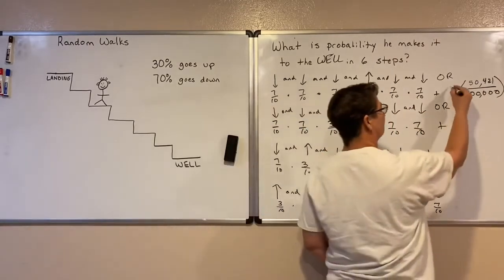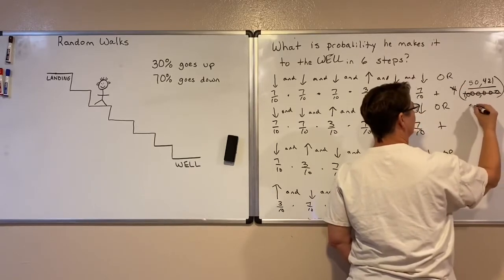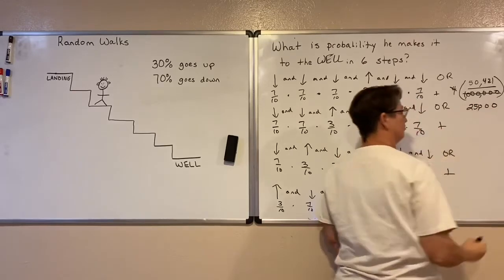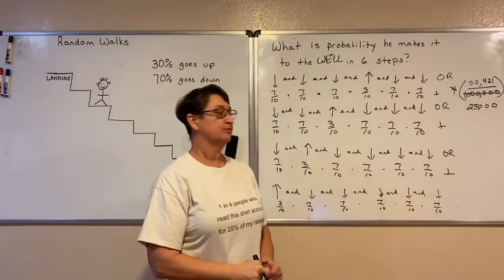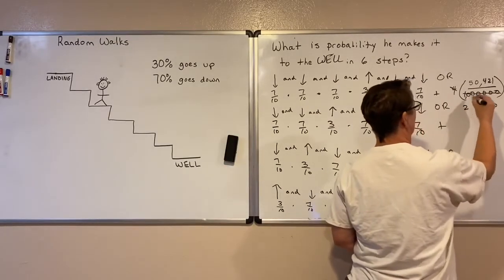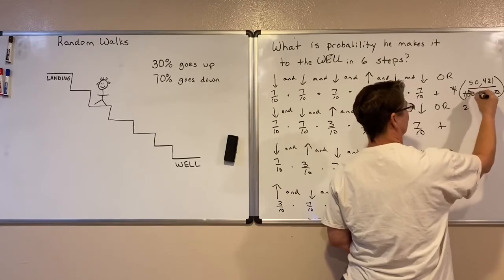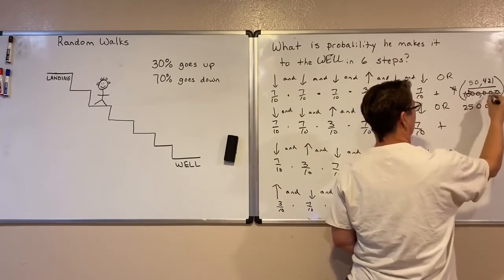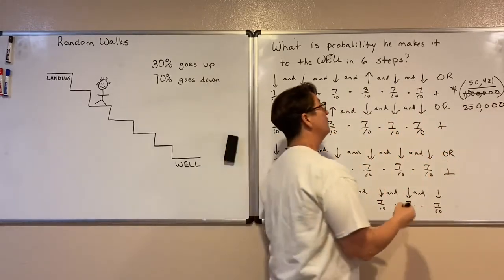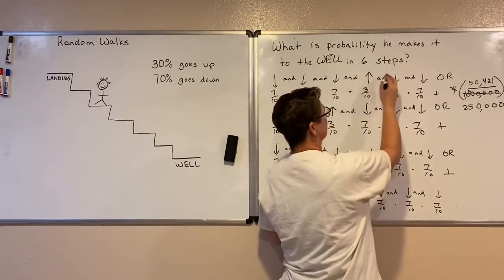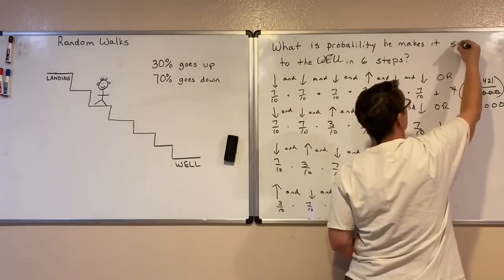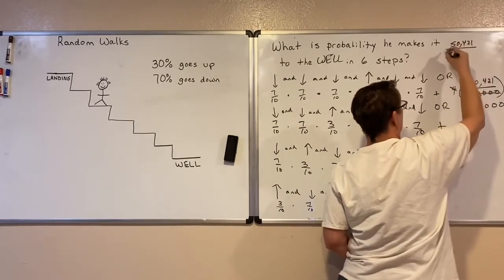Well, if we do that, 4 goes into 1,000,000 25,000 times. Well, I think I left off a 0. Let's see, it goes into 10 2 times with 2 left over. It goes into 25 times, a 0, and then 3 zeros back there. So 250,000. So the probability that he makes it to the well in 6 steps, all those different ways are possible. The probability is 50,421 over